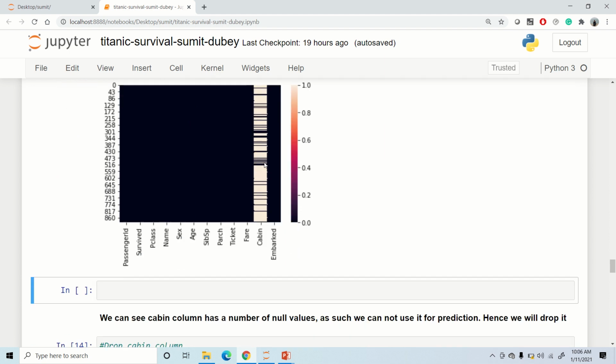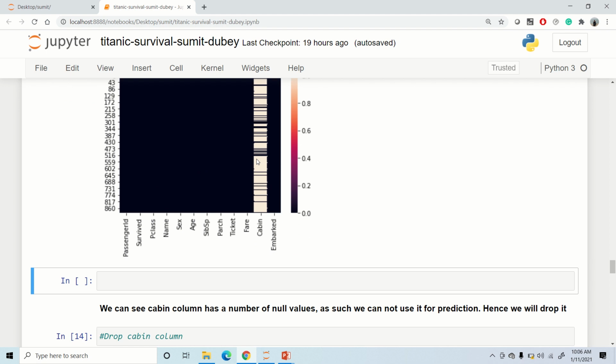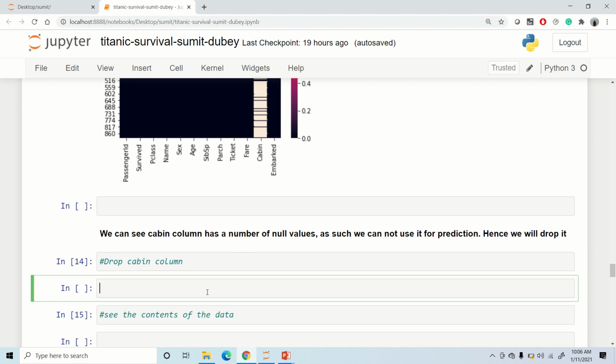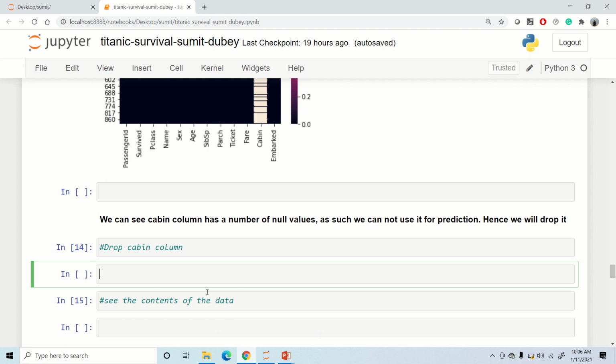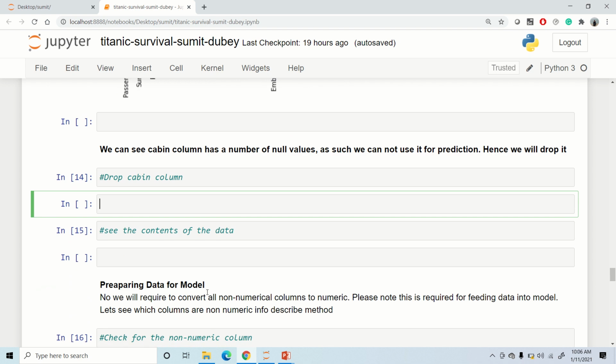As I said, we are not going to make use of the cabin column, so we will discard this column. Let's see how to discard or delete a column from a data frame. We'll say titanic_data dot drop for dropping a row or column. If you want to drop a column, write the name of that, so I'll write the cabin column.